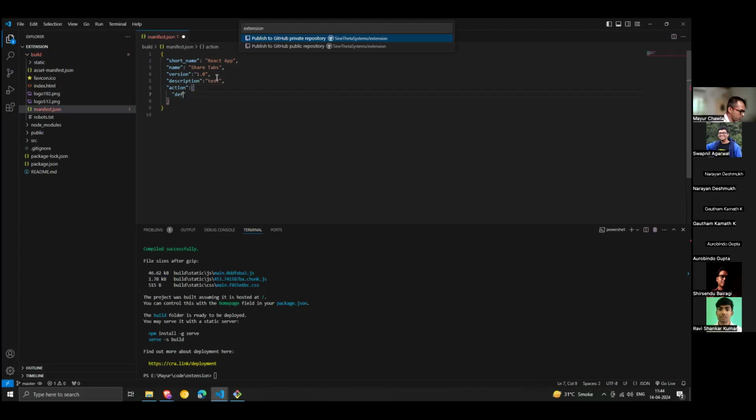Inside it there will be nothing, default pop-up. I'm going to go with index.html this time. Index.html is needed because I said index.html is being created in the build, so we will use it. Then we have background. Background takes an object which will have